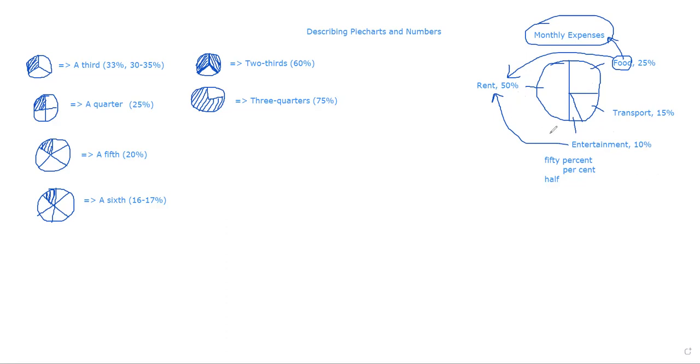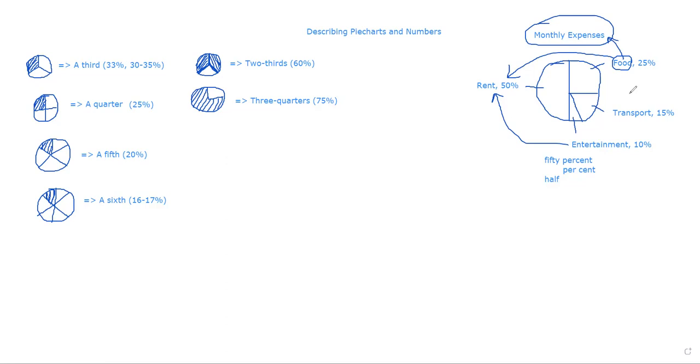However, entertainment makes up a fifth of the rent. মাসিক খরচের 10 ভাগের 1 ভাগ হলো এন্টারটেইনমেন্ট, কিন্তু সেটা রেন্টের হলো আবার 5 ভাগের 1 ভাগ। You need to compare the sections among themselves. নিজেদের মধ্যেও সেকশন গুলো কম্পেয়ার করতে হবে।